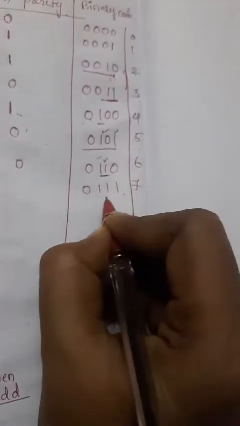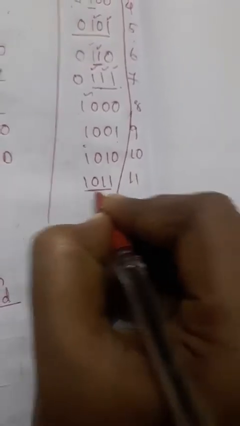0111. So the number of ones will be 3, no? But to make it even, one more 1 will be added to get 4, right? So for 8, 1000. So again we need to add, this has 1 one, so I add one more 1. So 9 is nothing but 1001. We are having two ones, so directly 0. For 10, 1010, directly we need to add 0. Okay, so next 11, 1011. So for this there are 3 ones, so I add one more 1 for this.